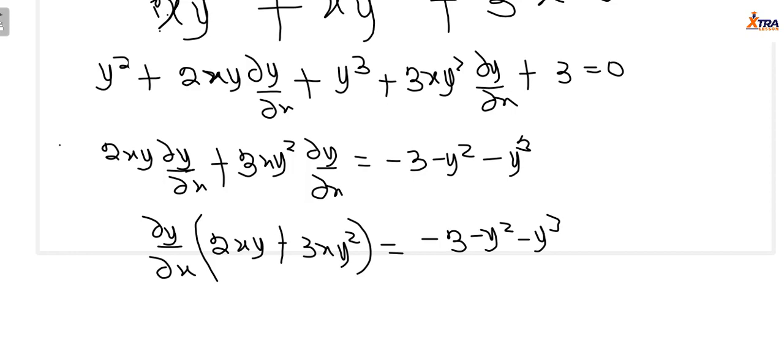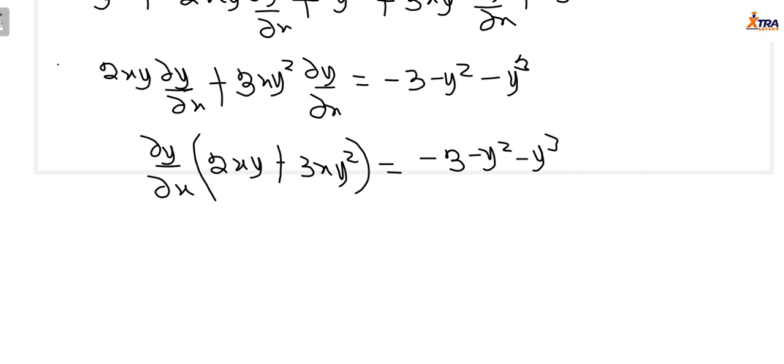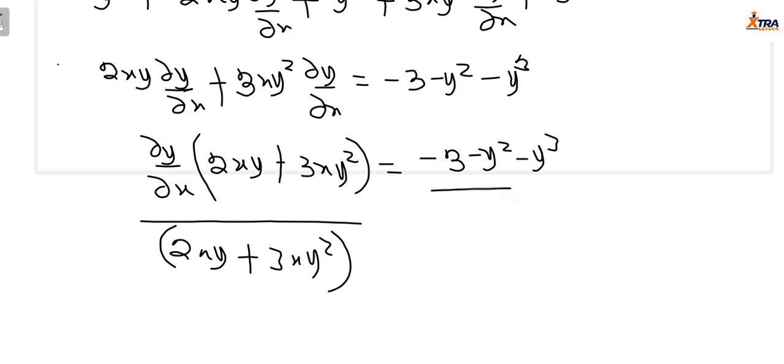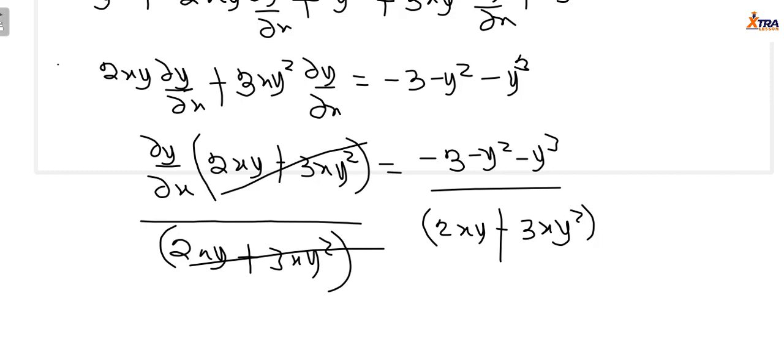So the next thing is to divide through with 2xy plus 3xy raised to power 2 over 2xy plus 3xy raised to power 2. So this will cancel this. We have the dy over dx